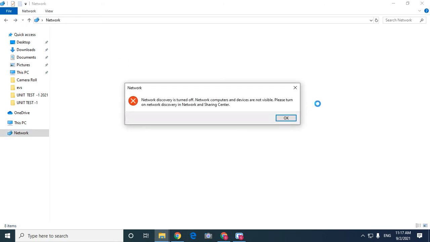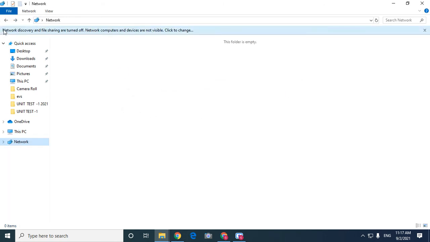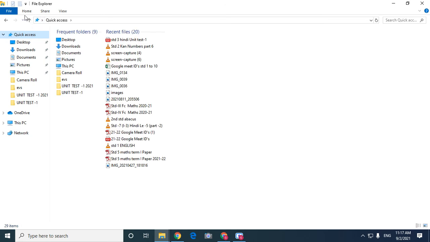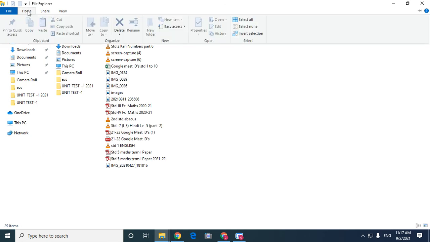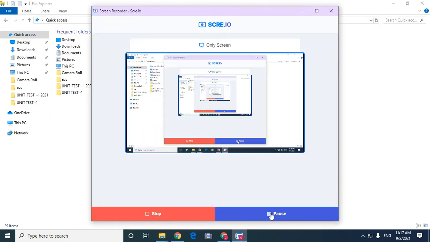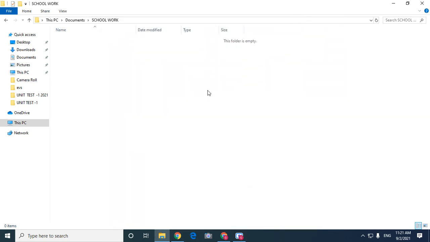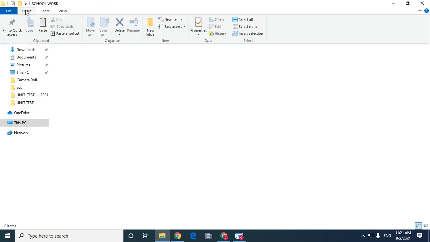For that purpose, first we will go to the Home button, from the ribbon, Home. Now we will see how to create the new folder. First click on the Home tab.